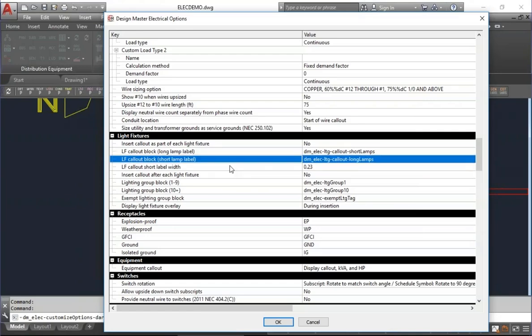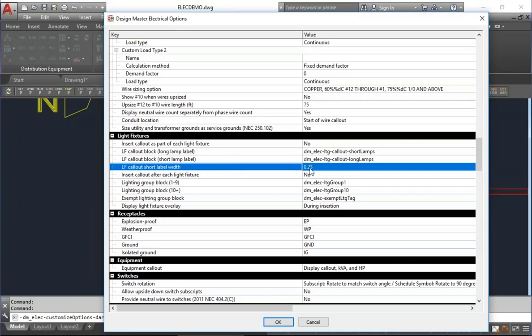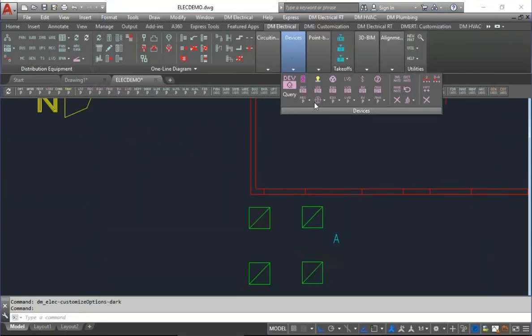And the block it chooses is going to be depending upon the width, because basically the lamp field can be wider than the callout. So if the lamp label is wider than this, it'll switch to the other block. So now that we've chosen that different block, if I run the insert callout,